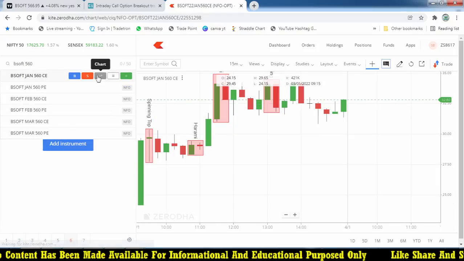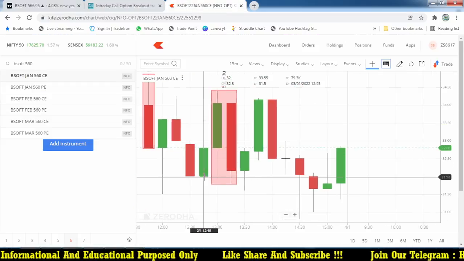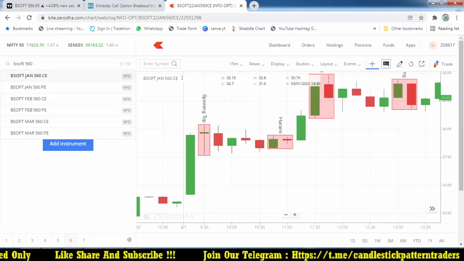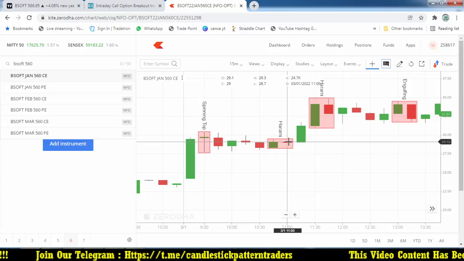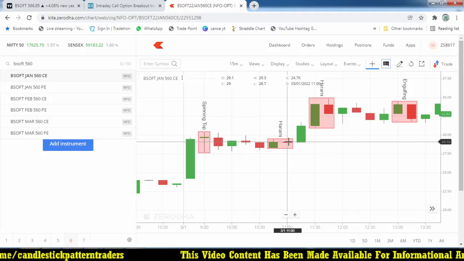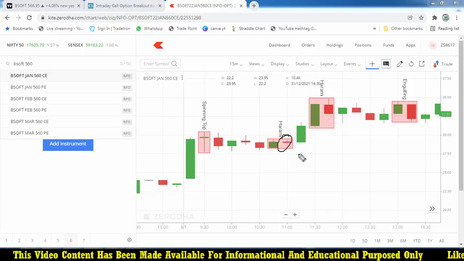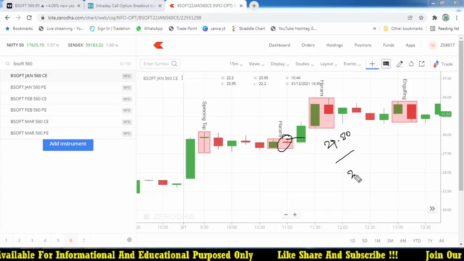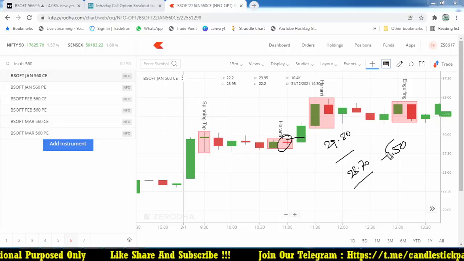Let me take the time around 11 o'clock. So we'll see what happened at 11 o'clock on the 15-minute time frame. Can you see that this is the 11 o'clock candle? 29.3 is the high and the stop loss for the trade is 28.7. You can exactly see that level for that particular stock. The high for the trade is 29.3 and the low is 28.7, where we are going to take a risk of 0.5.